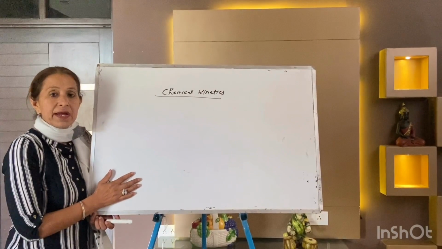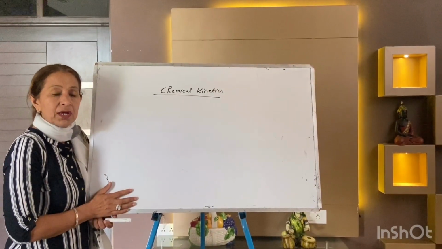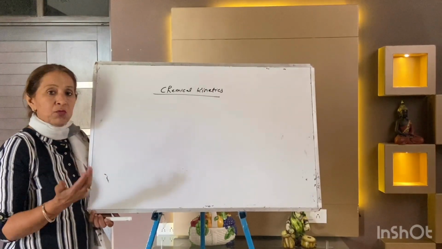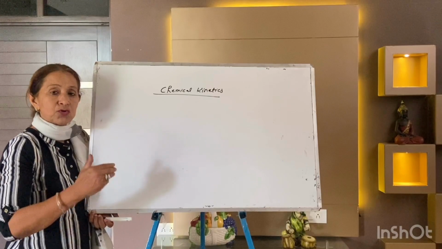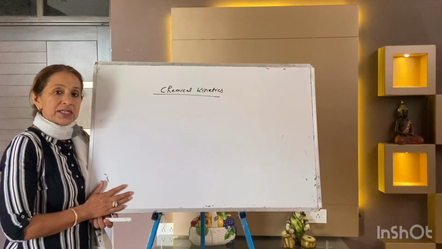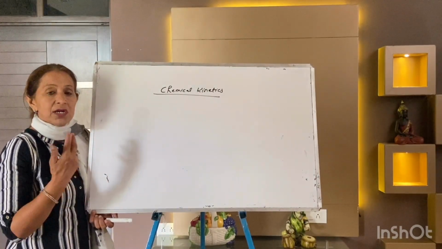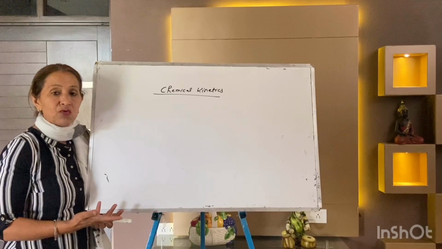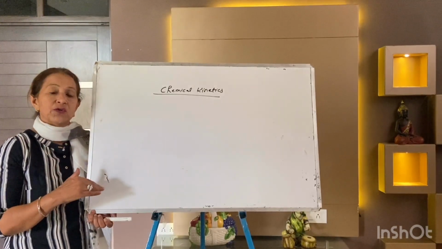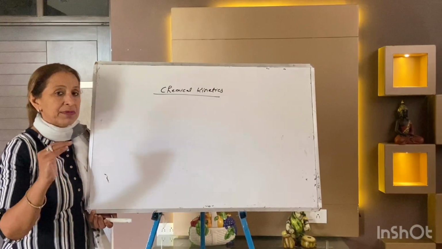So in chemical kinetics, what we studied is that chemical kinetics is a branch of chemistry which deals with the study of the rate of the reaction. Here we will study the moderate reactions, not very slow, not very fast, right? After that, we saw there are two types of rates, average rate and instantaneous rate. Which rate is preferred, how to calculate average rate, how to calculate instantaneous rate, and the formula of the rate of disappearance of reactant and rate of appearance of the product simultaneously.